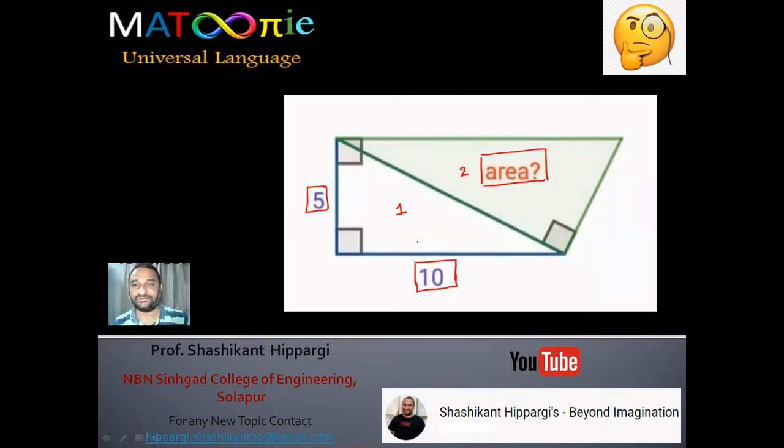Those who feel that they can solve the question, please stop the video and think over it. Try to solve this question and then come back and check for the rest of the video so that you'll be able to understand the different techniques from which we can solve it. Now there are n number of techniques again. So I am going for the technique which a student from 9th, 10th standard also can understand. Even an 8th standard student can understand this method. So I'll give you a very simple solution of this. So we'll start with the solution.